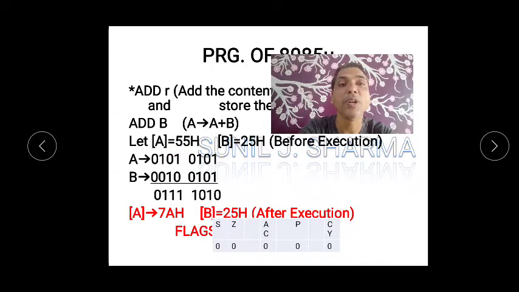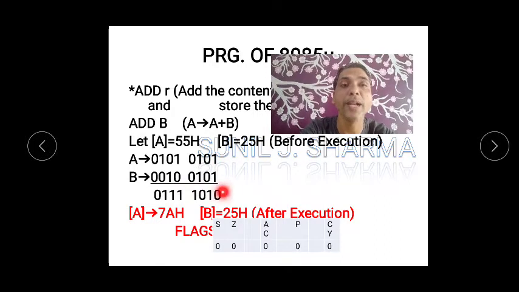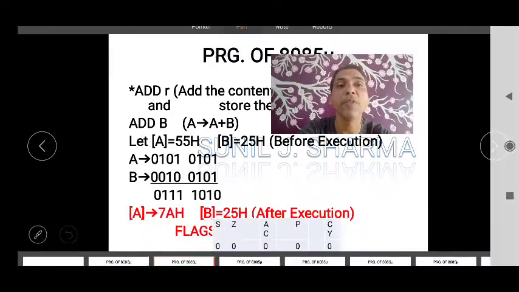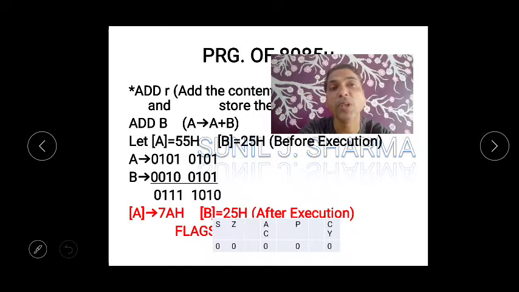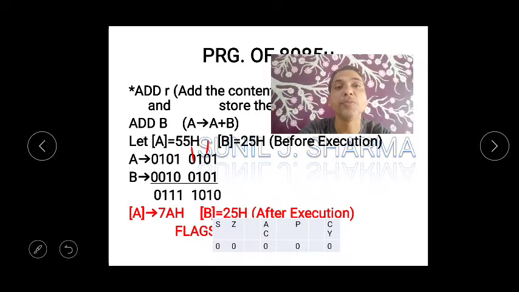Everyone knows the 8421 method. According to that, this is 5, again this is 5, this is 2 and this is 5. So you have to add this. Just wait. When we add this, 1 plus 1 is 0, carry 1. Then 0 plus 0 plus the carry is 1. Again 1 plus 1 is 0, carry 1. Now let me explain. Can you see here, 1 plus 1 is 0, carry 1, 0 plus 0 is 0, plus 1 is 1, 1 plus 1 is 0, carry 1, this will be 1. So this is 1, 1, 1, 1.